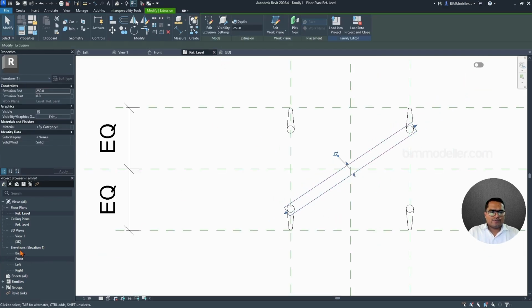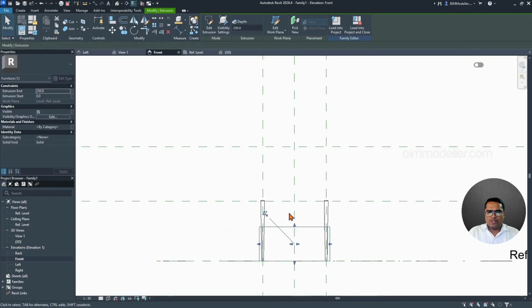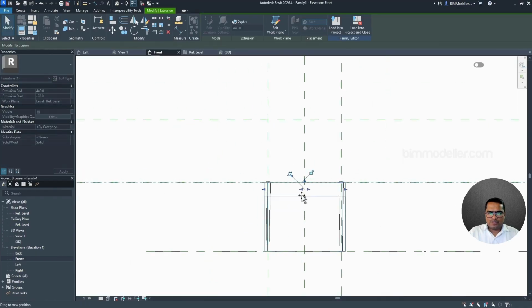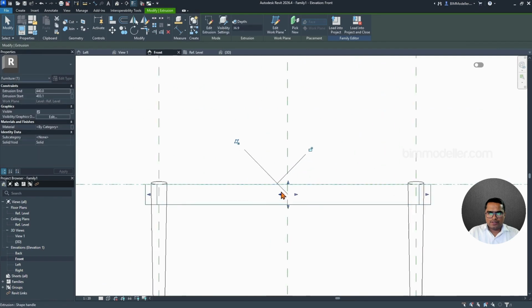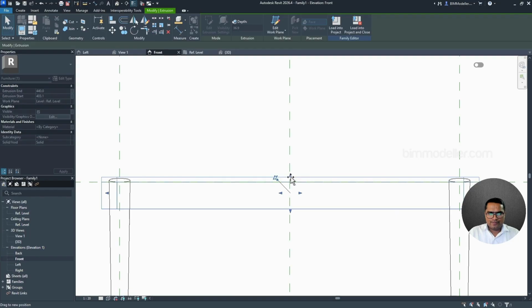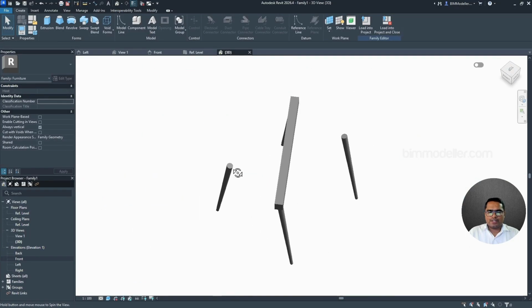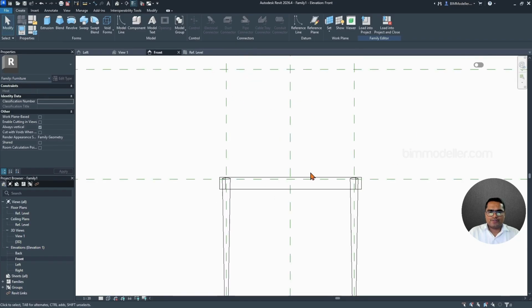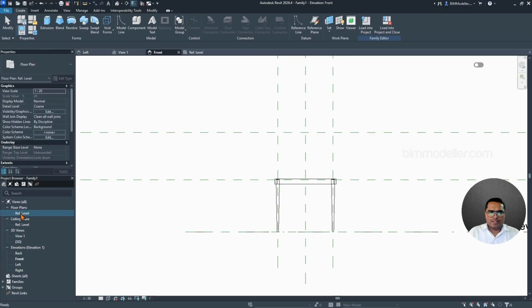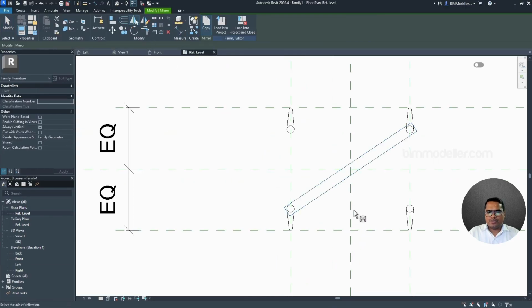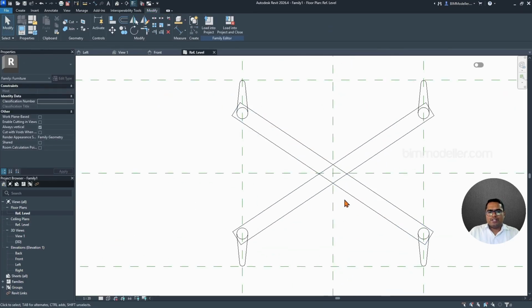Once the extrusion is finished, and this is going to be at the ground level, we can move this to the top like these, and we can make sure in 3D it covers both the legs, and go to the plan. Once this is confirmed, we can mirror this to the opposite side,